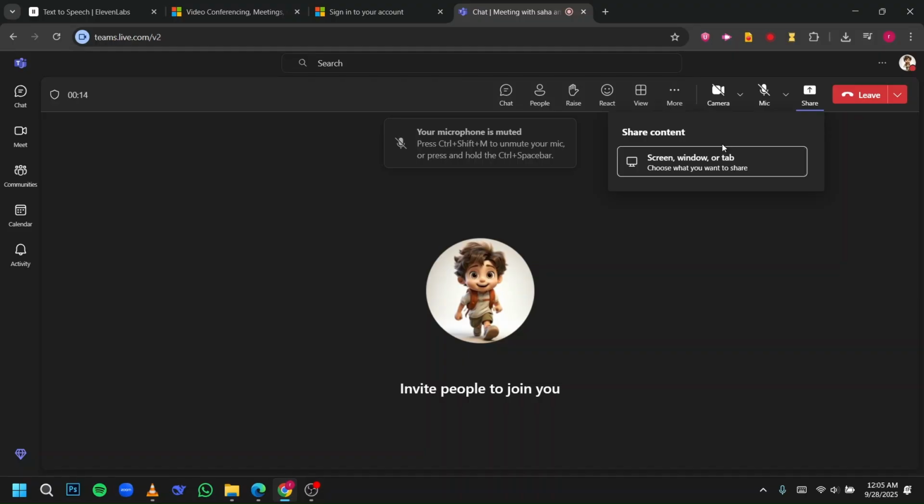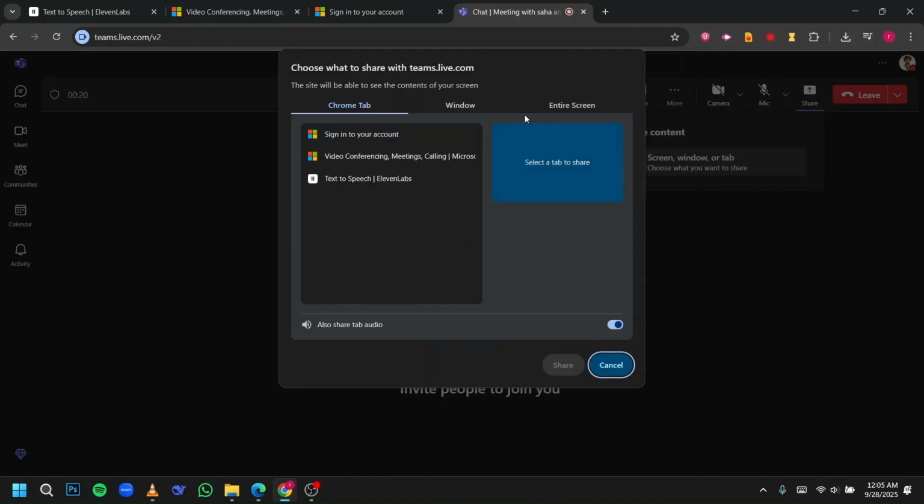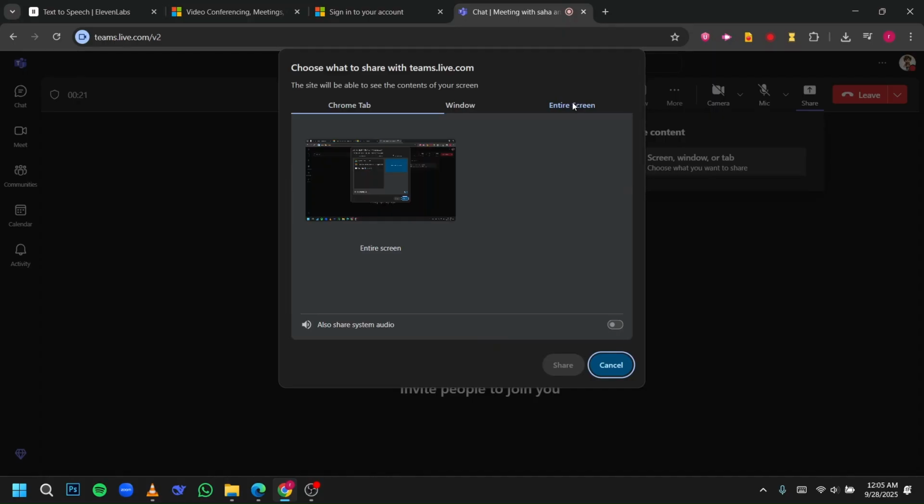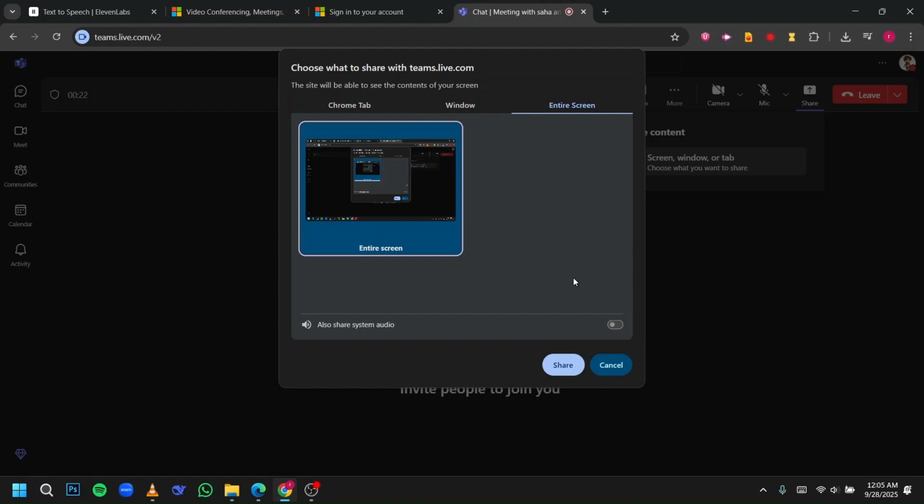You'll then decide what to share. Teams gives you options: your entire screen, a specific window, or a browser tab. Choose what fits your presentation needs best. Sharing your entire screen gives everyone a complete view of your desktop, while sharing a window or tab keeps the